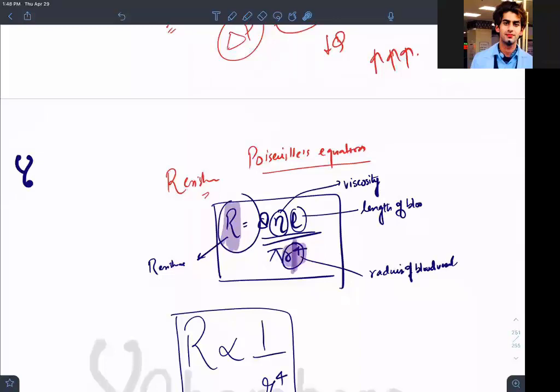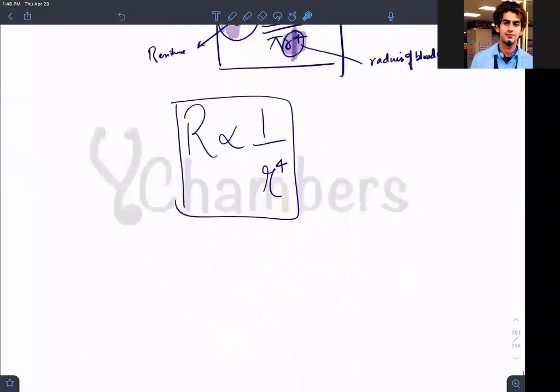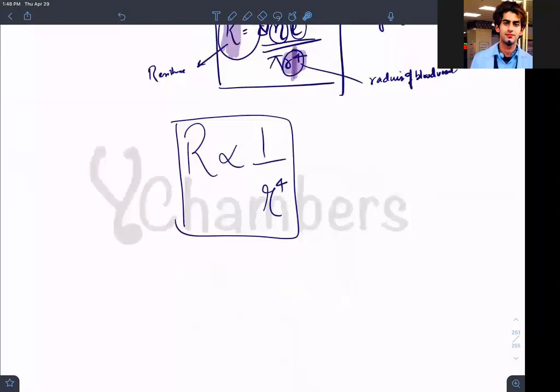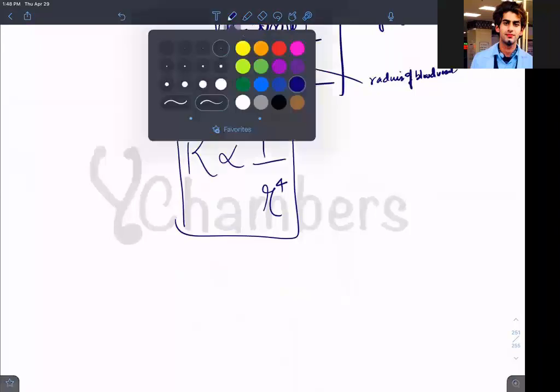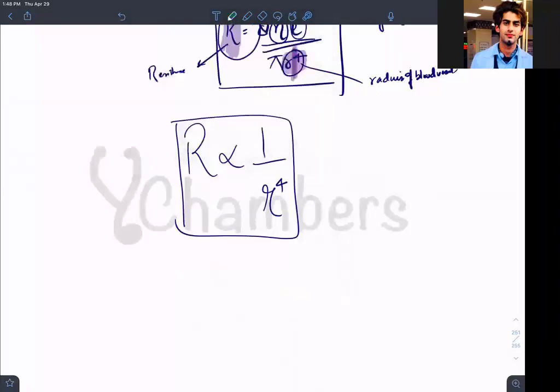The concept here is telling me that the resistance is inversely proportional to the radius to the power 4, that is the fourth power of the radius. The vessel radius fourth power, meaning thereby this relationship is going to be very strong. Why, sir? We say in some languages farz kare. So if we do farz here, what will happen?